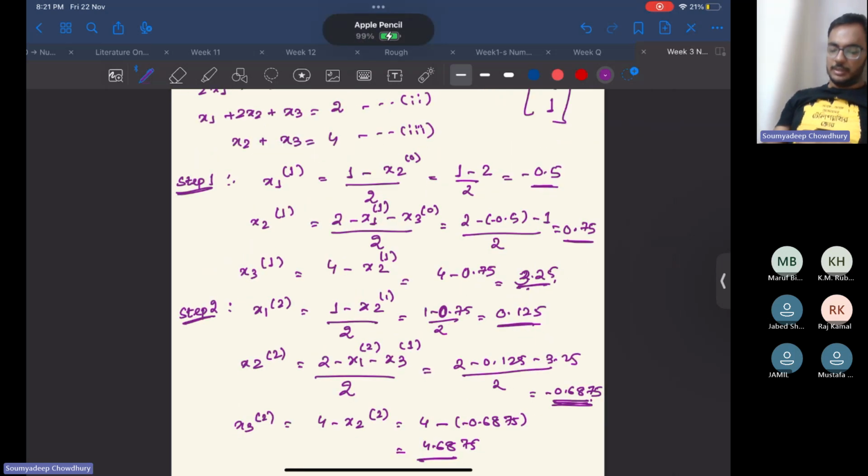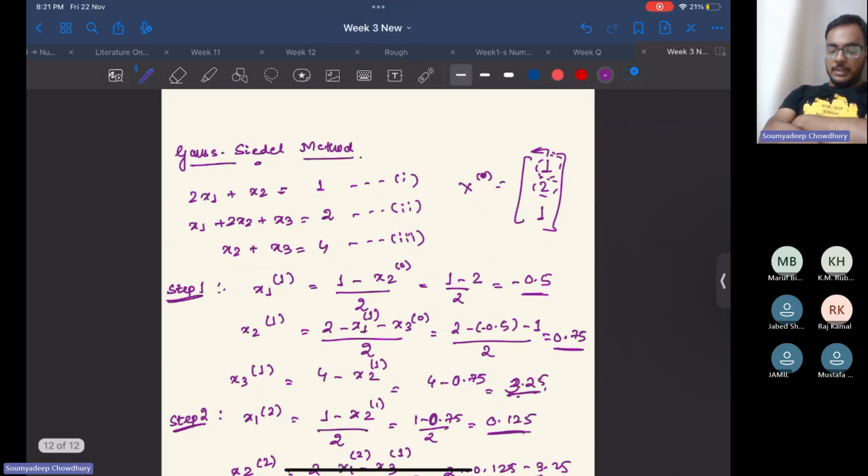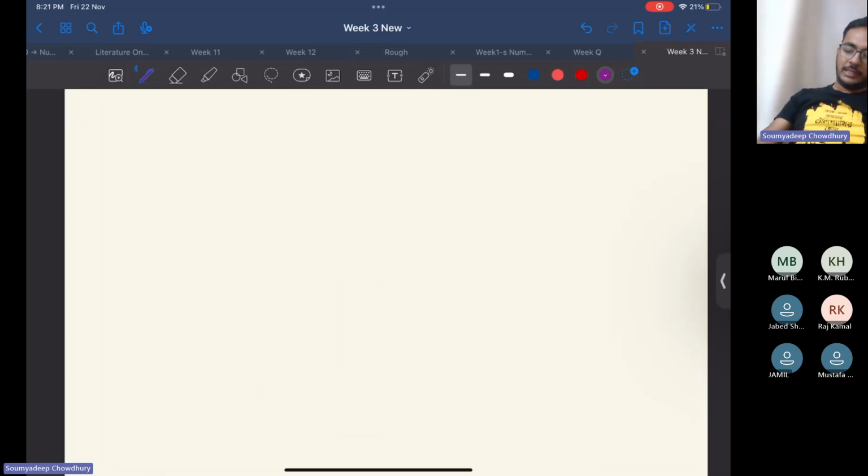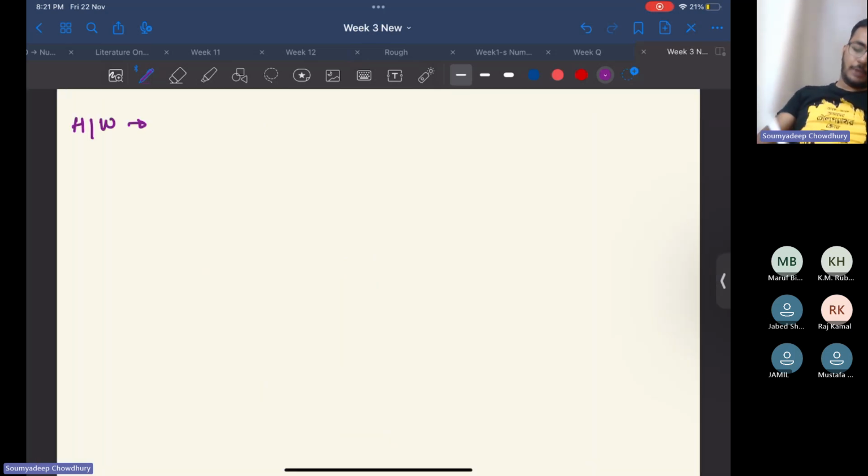So you can ask me why we are using this updated value. This is to reduce the number of iterations. Once I show you the MATLAB code, your homework will be this: I'll show you the code for the Jacobi method, and you have to write a MATLAB code